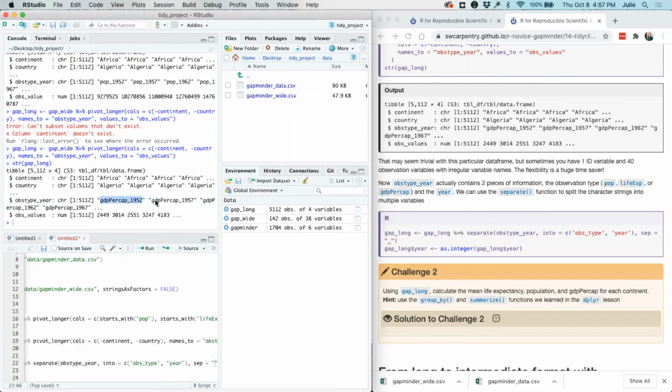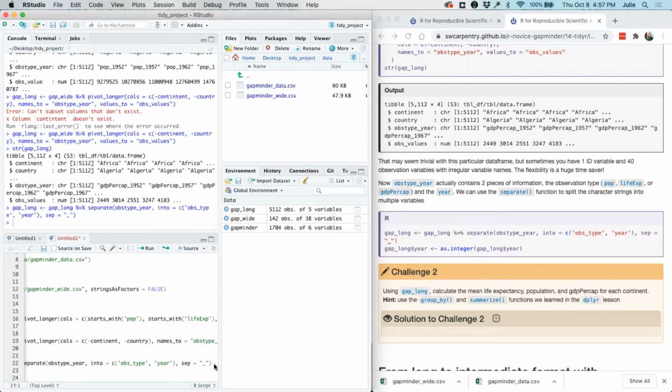So we see a population underscore the year, GDP underscore the year. So in our code, we'll indicate that it should look for the underscore to parse out that data. So we'll run that.